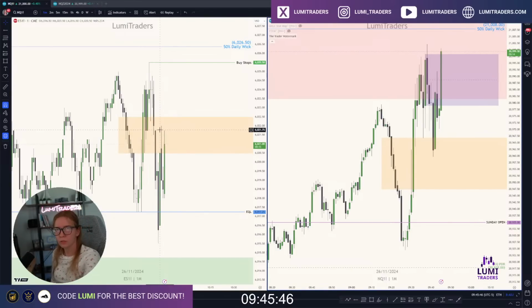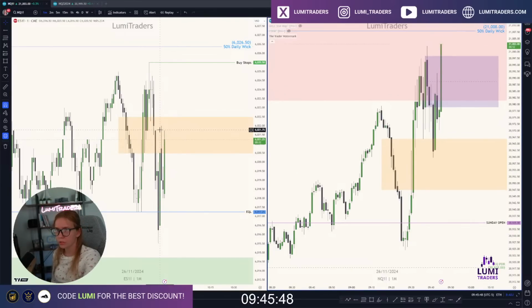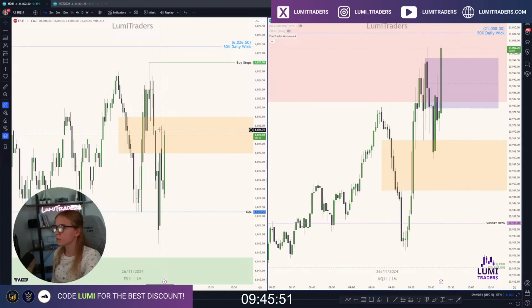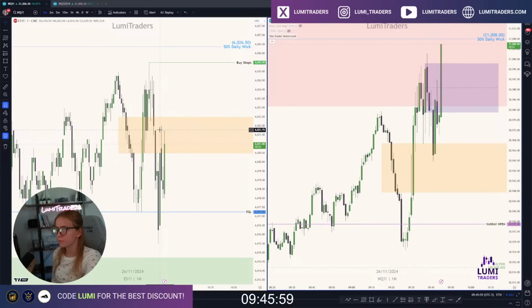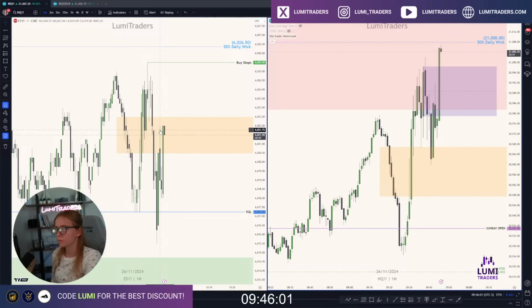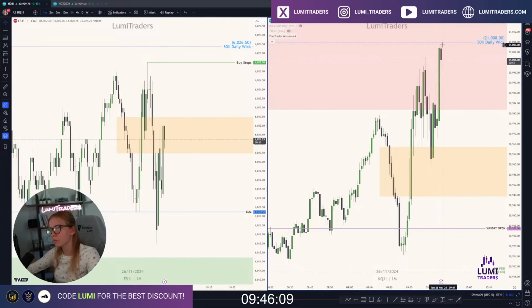That's strange to see. ES already did its jump, in my opinion, especially taking the equal lows, but doesn't want to move higher yet. Yeah, perfect break above 50% right here. But come on, it was a couple of ticks away from 50% of the daily week. So nothing for me here. I don't like it. On NQ, perfect move up, but look at ES. Nothing happened, which is strange.